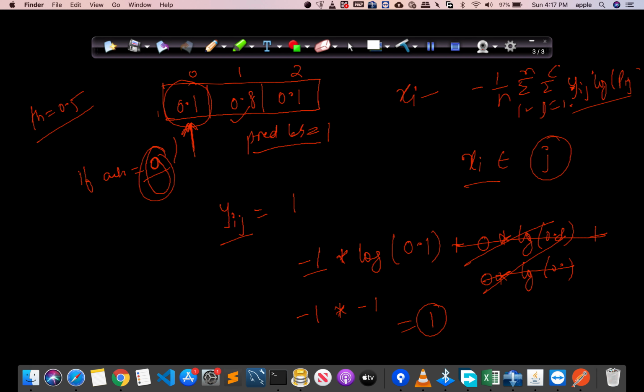So you can say that if our point is misclassified, then the log loss value will be very high compared to when our model is correctly classifying. When our model was correctly classifying, our log loss value was 0.0457, and when it classified incorrectly, our value is 1. So see the difference, it is almost 20 times. So this is how you will use log loss in a multi-class setting, and I hope that I have made my points very clear and you have understood all those concepts.